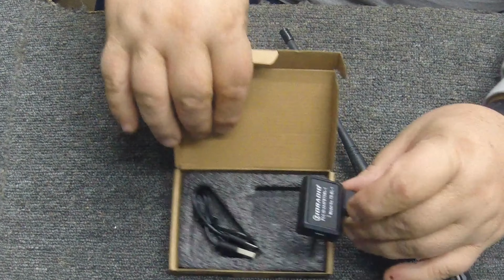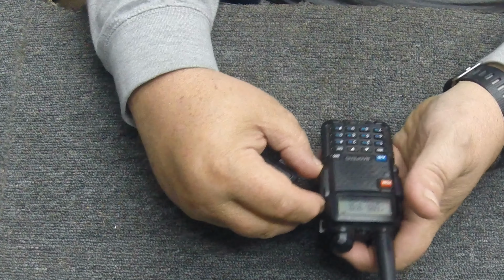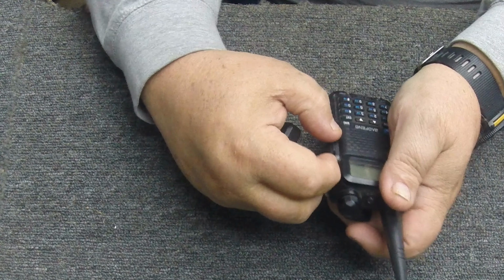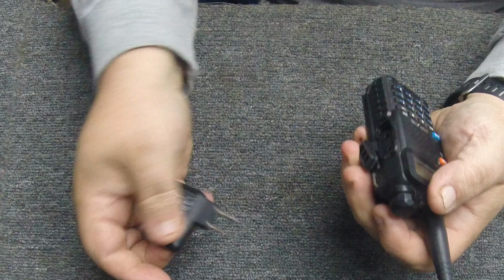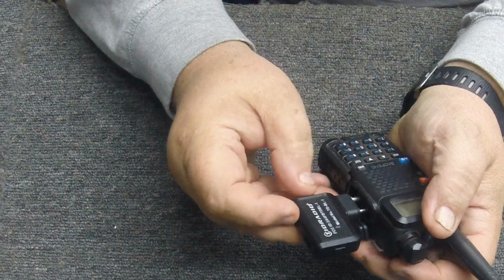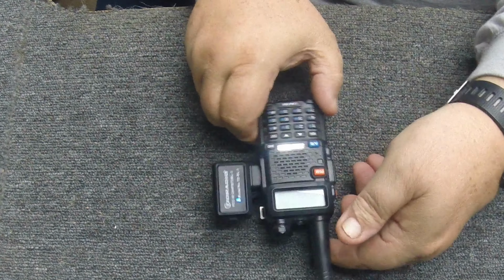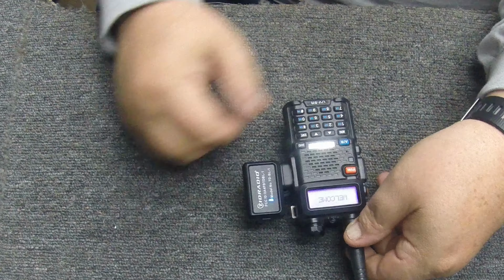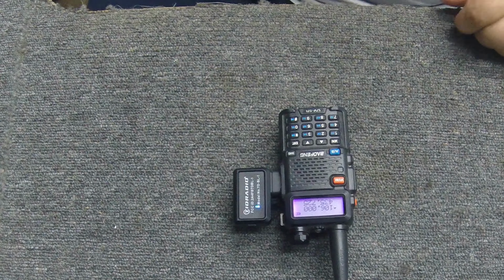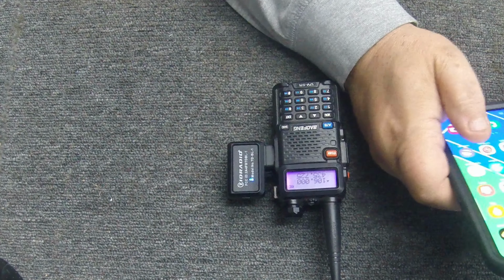Once you get it charged, basically what you do is you take your little handy talkie here and you're going to turn it off. Just like the programming cable, it plugs into the side. It plugs into the earphone and mic jack, which it just fits right in there. You plug it in, and then you turn it on, and it'll get a little blue light. I need to turn the radio on too. Then once you get a little blue light, you take your cell phone, and on your cell phone you want to download the